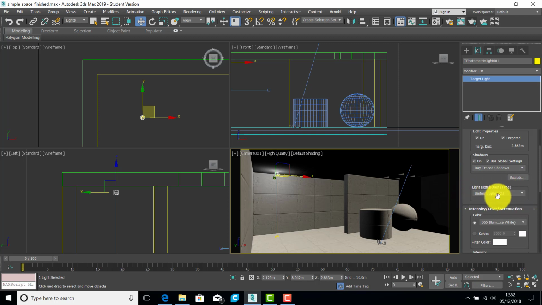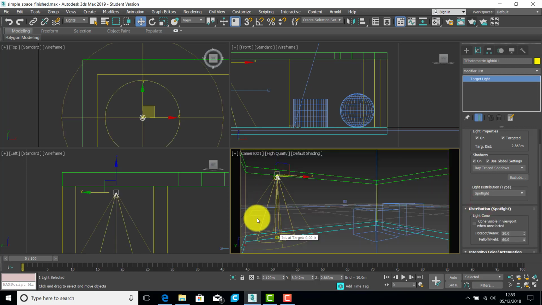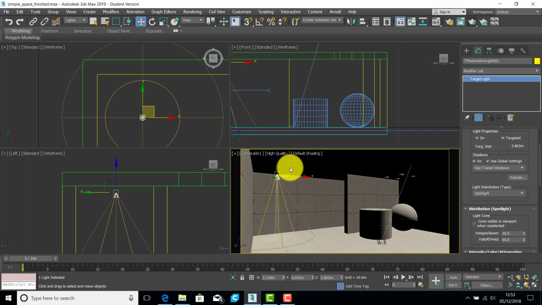The light distribution type, this is very important. This is kind of a general overall setting. Photometric webs will use the IES lights, so these are very accurate bulb shapes and settings. A spotlight, we'll come back to this later on. If I change it to spotlight, you see then that we get a different